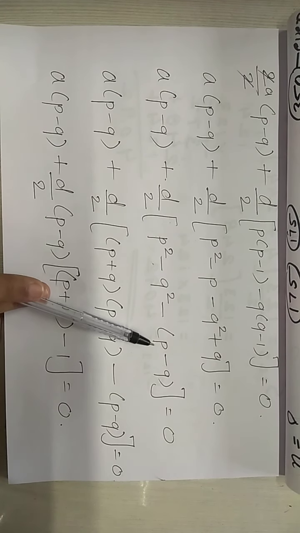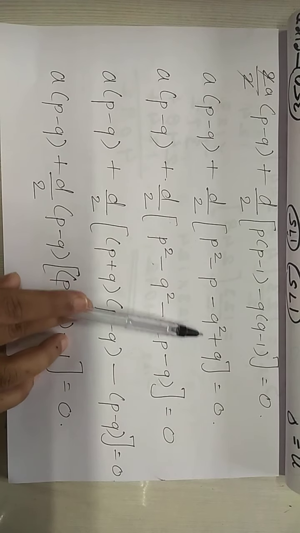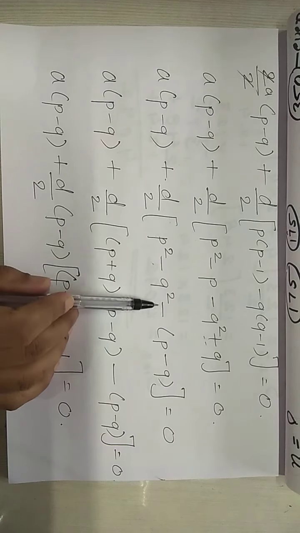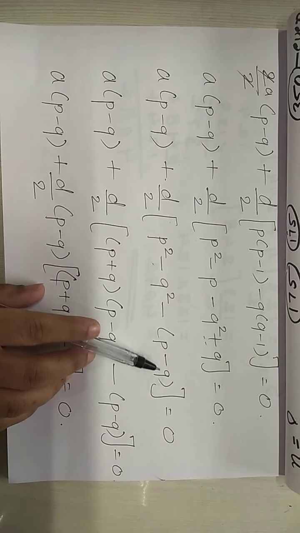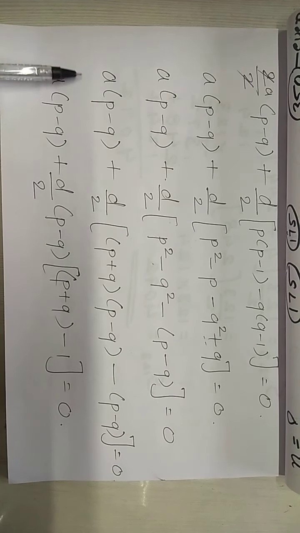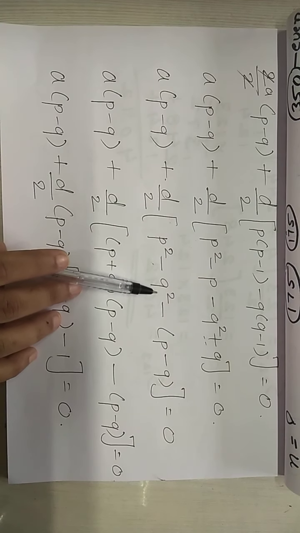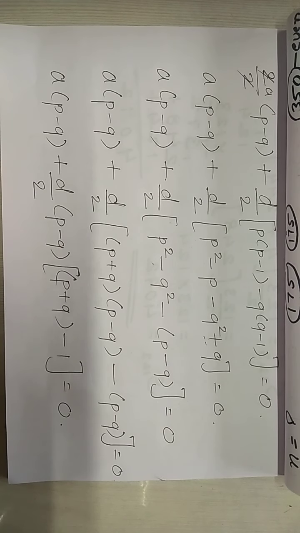So inside the bracket you will have p minus q. This was plus. Inside plus there are two minus signs. So minus sign common means inside minus remains p minus q. Now a p minus q plus d upon 2. P square minus q square formula will be according to the third identity which we have learned in 7th standard, a square minus b square. The formula becomes a plus b a minus b. So here we have p plus q p minus q minus in bracket p minus q equal to 0.